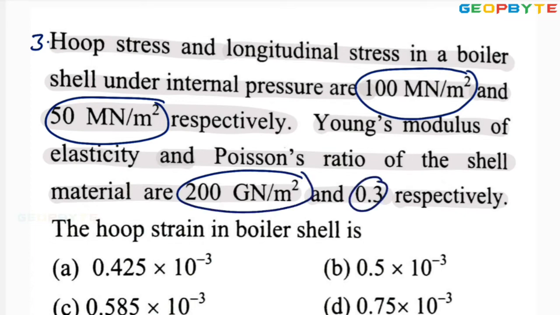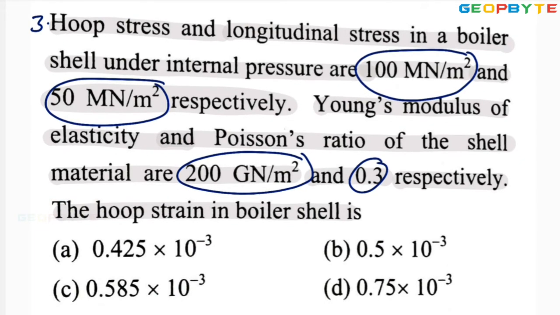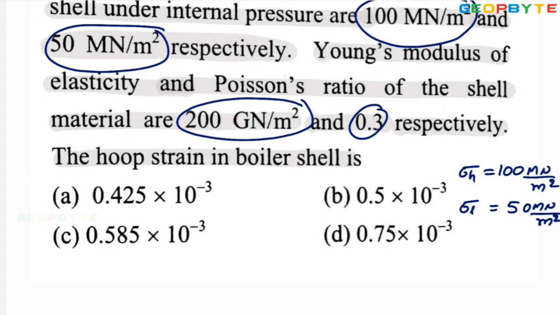The hoop strain in the boiler shell will be... Hoop strain is also called circumferential strain. First, let me write the given data. The hoop stress, meaning circumferential stress, sigma h equals 100 meganewton per meter square. The longitudinal stress sigma L equals 50 meganewton per meter square. And Young's modulus E equals